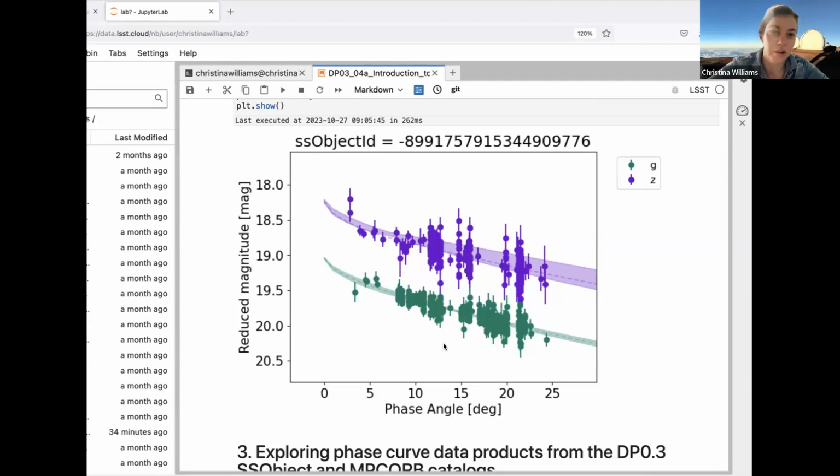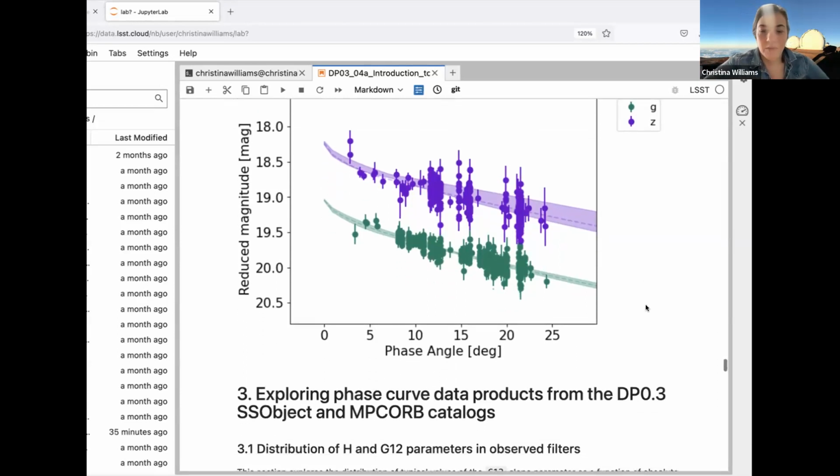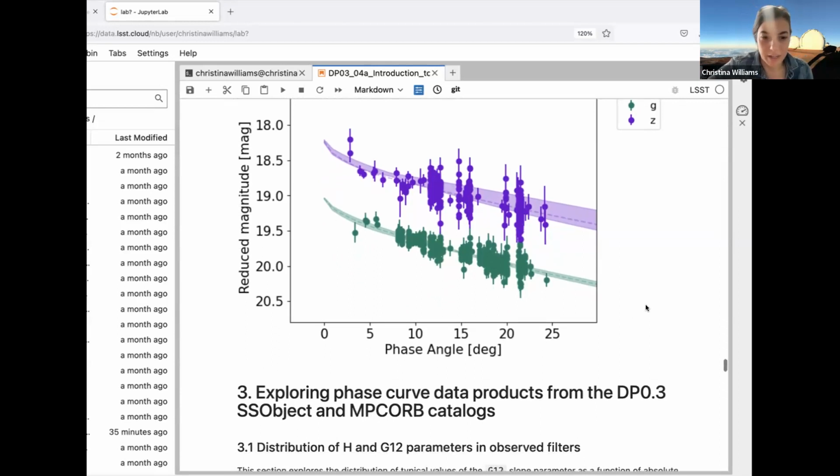So you can see that for sources that have higher uncertainties in their measurements, you get a larger range in the best fit uncertainties also. These are parameters that are contained in the DP0.3 data set that are automatically generated.